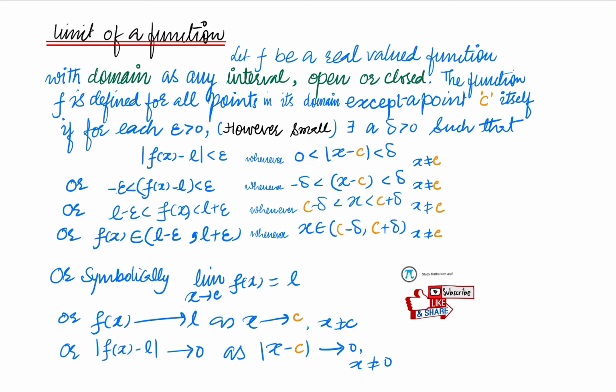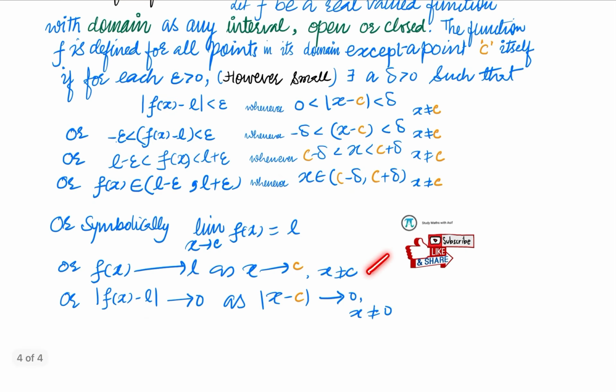So process further, right, then we can write it. So this will be this, or we can write it. This is the goodness of the modulus. You can write this and this as well, or we can write symbolically the definition of the limit in this way, right? Or you can write these. So this is all about the definition of the limit, right?